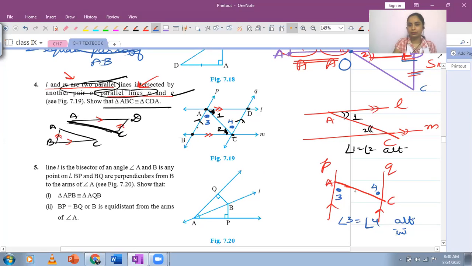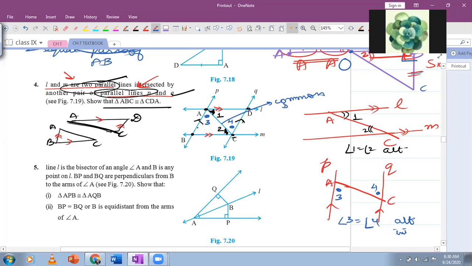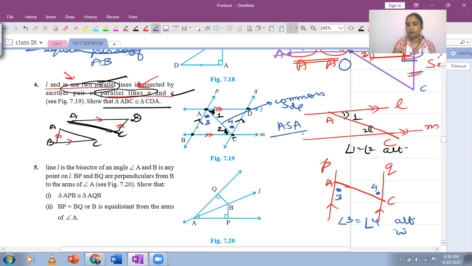Now can you see which criteria will be applicable? Common side. Yes, this side is common. By ASA, now we have the ASA rule. So if I had to mark in this triangle, over here where I've drawn the two triangles separately, what I actually did was I have taken this angle as 1 and this one as 2. These two are equal, and after that I have taken this angle over here and this angle over here. I have mentioned them as 3 and 4. So these two angles are equal, and in between these two angles I have the common side, and that's how the two triangles are congruent.